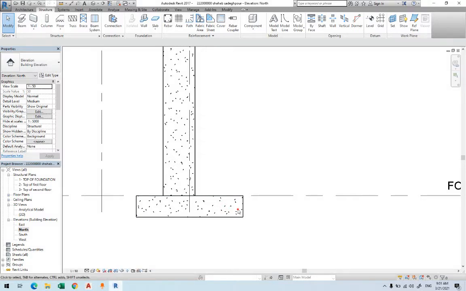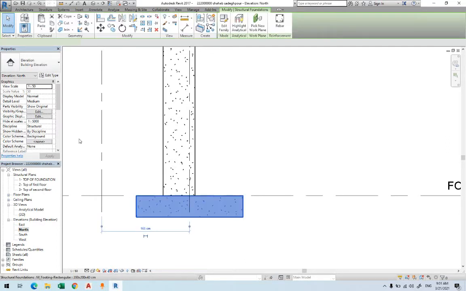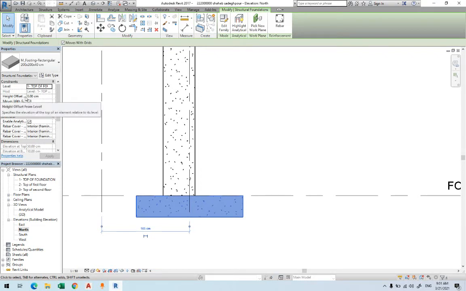So whenever you click on a foundation, the properties will appear back again. The properties will appear here. So we have height offset. This is the elevation of the top of the element related to its level. So if I, for example, say that there is an offset of 10 centimeters,